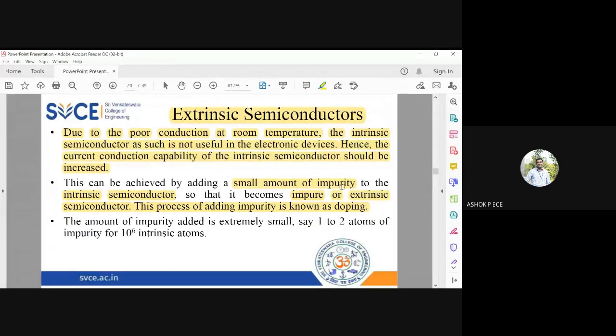Everything comes from nature, right? The intrinsic semiconductors are also very pure. That is why the conductivity is very poor. So if I want to increase the conductivity, just like in the gold example, where to make gold stronger I need to add impurity in the form of copper, I need to add impurity. That process of adding the impurity is called doping. Again, doping